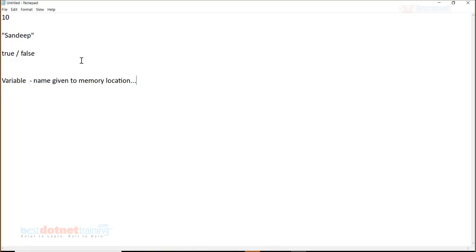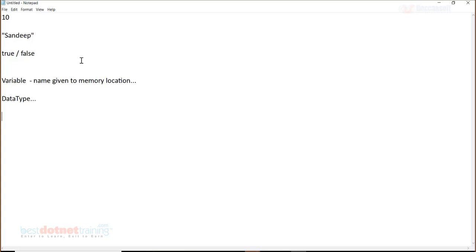So the language requires a variable where the data is going to be stored, and most importantly, every variable is supposed to have a data type. Now why should a variable have a data type? That becomes a question now. See, it is based on the data type. Yes, there is no doubt every variable is going to be allocated some amount of memory.